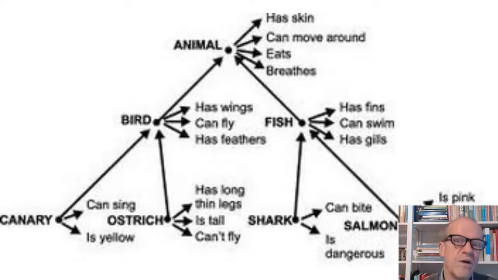So the feature model is a hierarchical model. And you can imagine that at every level, a concept inherits all characteristics of its parents. So birds do have skins, they also can move around, they can eat, and they can breathe. So they have all the characteristics which animals have. And that makes this kind of organization a sort of efficient. So at every level in the organization, you specify the unique characteristics which distinguish the particular concept from other